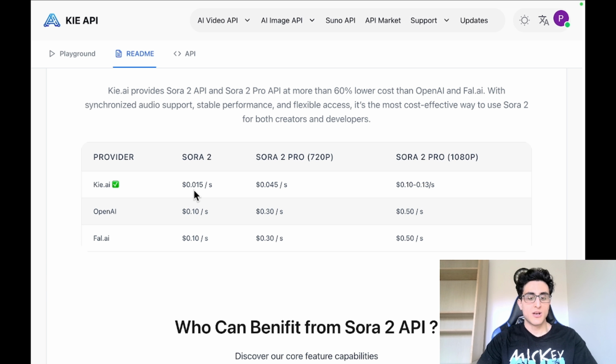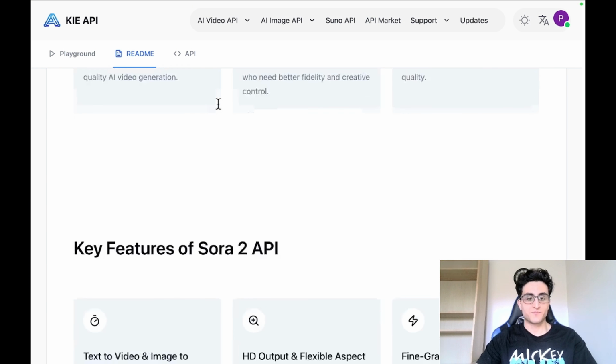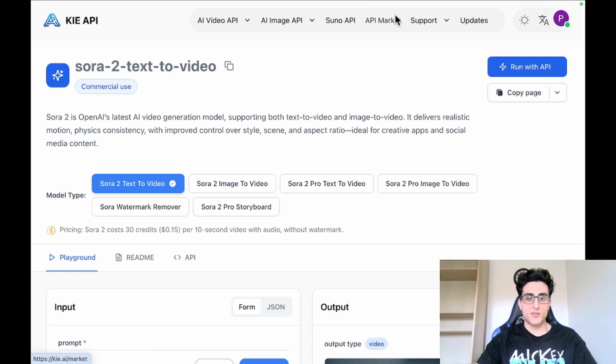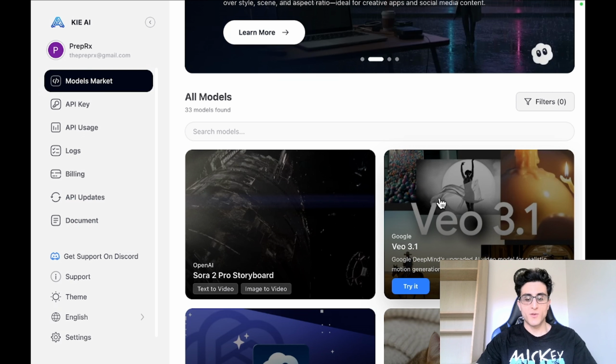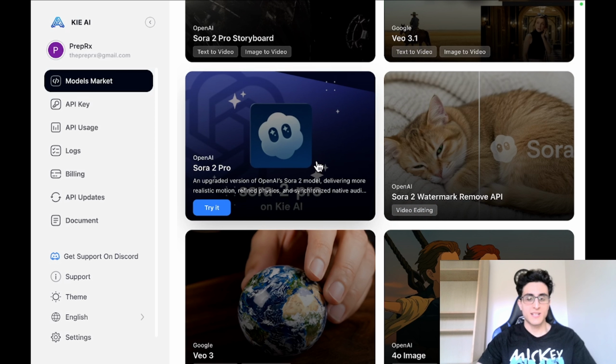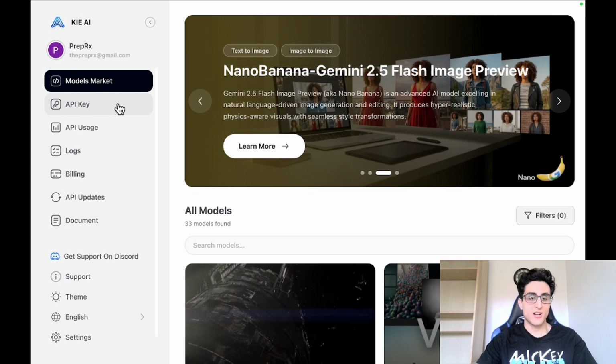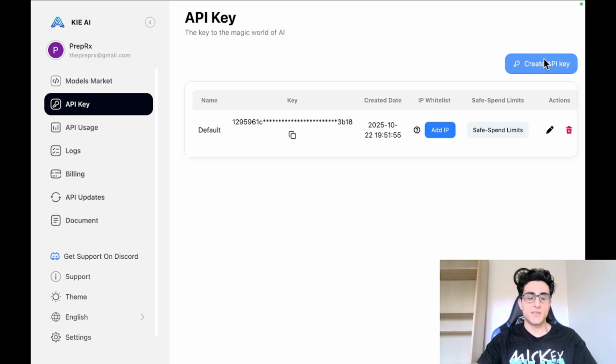you can pay 1.5 cents per second, but if you're using OpenAI to do that you're paying 10 times more than that. And this is the same when it comes to other basically marketplaces. So the cheapest option available is Key.ai, and Key.ai is basically a marketplace. So if I go to their API market, you can see that they have different models available. They have Veo 3.1, they have of course the Sora models, and once you create your account you can actually come here and you can grab your API key,